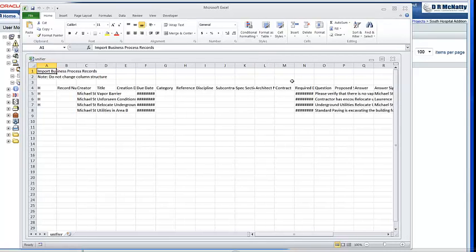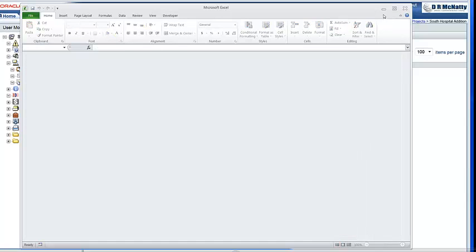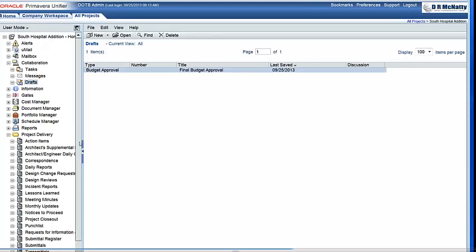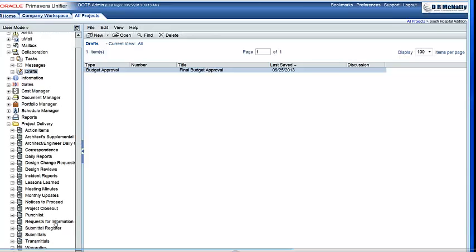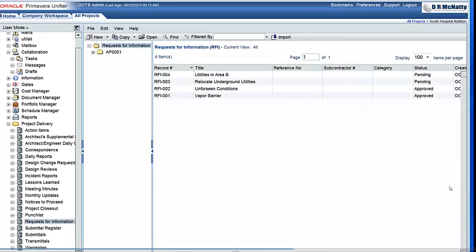Again, it's very similar to the budget approval line item structure. In this case, obviously, we have all the fields that are appropriate to the RFI record. So once this has been correctly formatted, we would simply go to the RFI log. It does take a little bit of time for Unifier to generate the records.